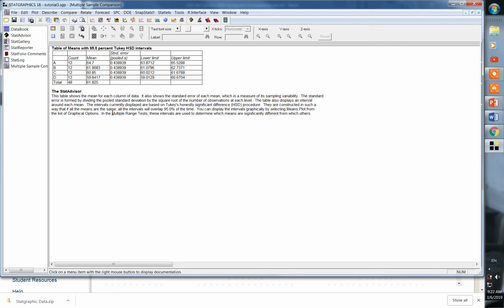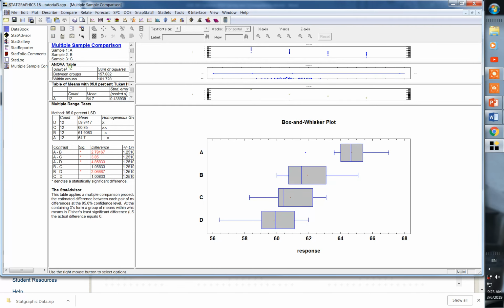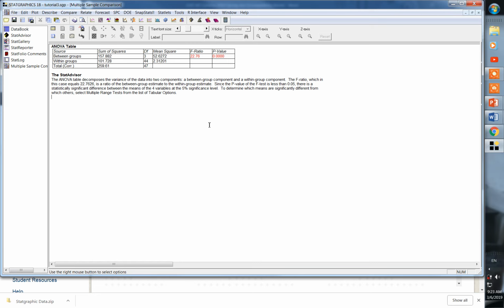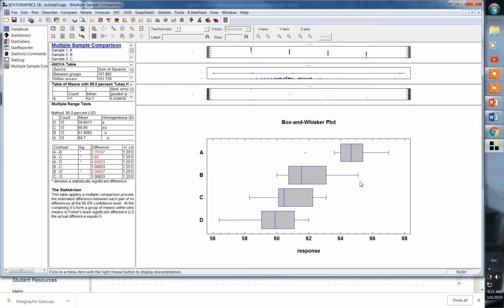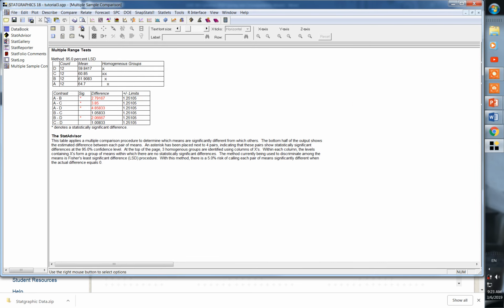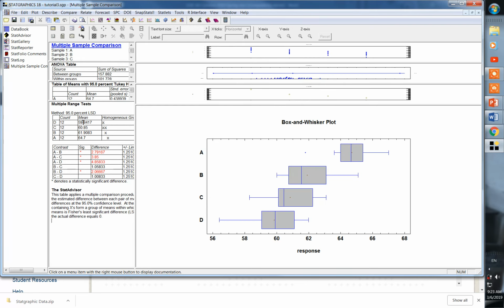In this case, we can say the fix like that. You can see the plot and multiple range. This is for the test and gives you the test value, the ANOVA test, right? So we reject the null hypothesis in this case, right? We reject the null hypothesis in this case because the p-value is equal to 0. So we reject the null hypothesis, and that means they are different, right? They are different. And how about which one is different? It's called the multiple range test, and you can use this to find out the results from the advisory. So I just demonstrated three of the tutorials